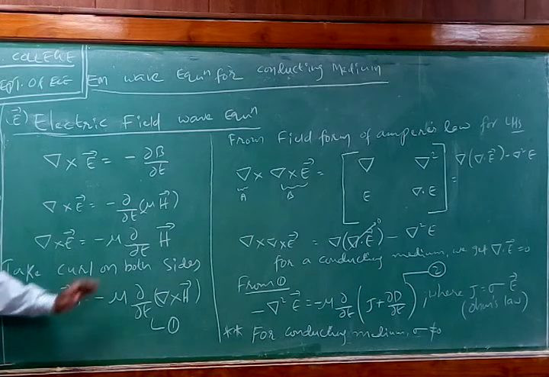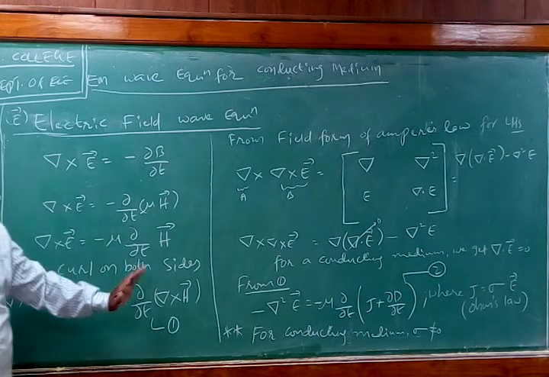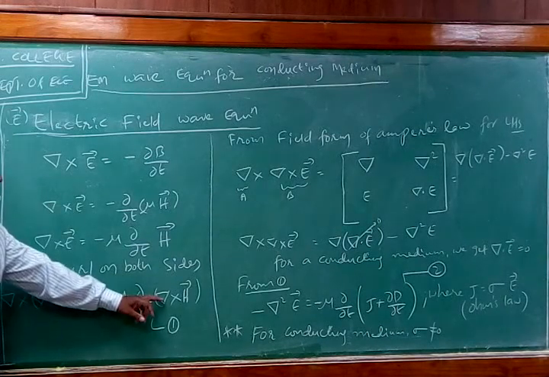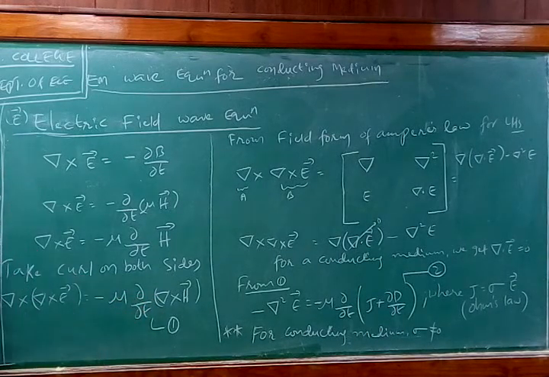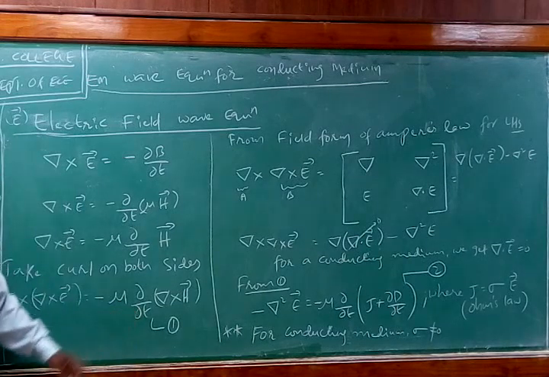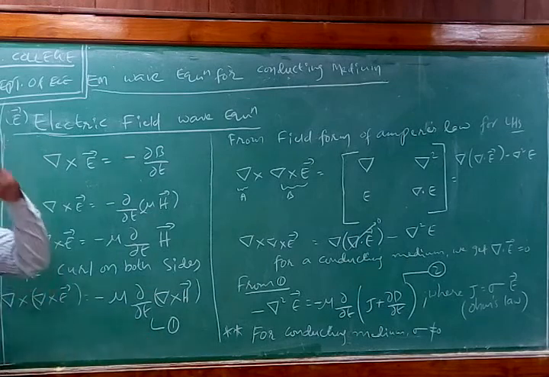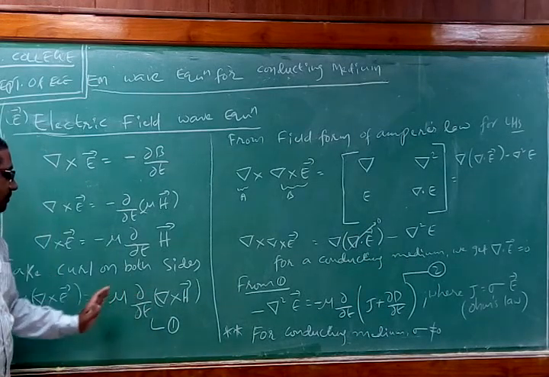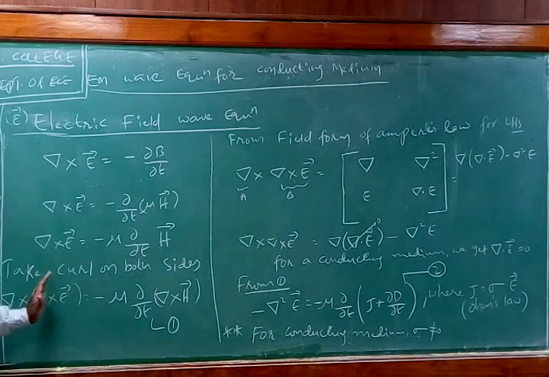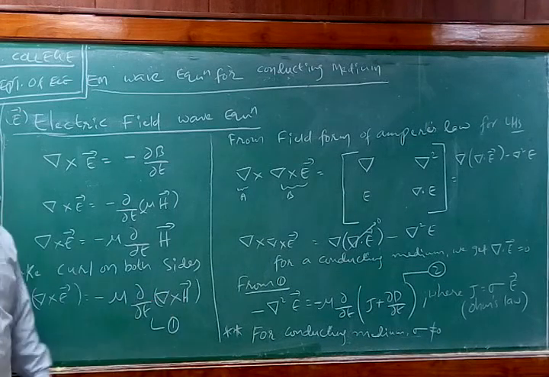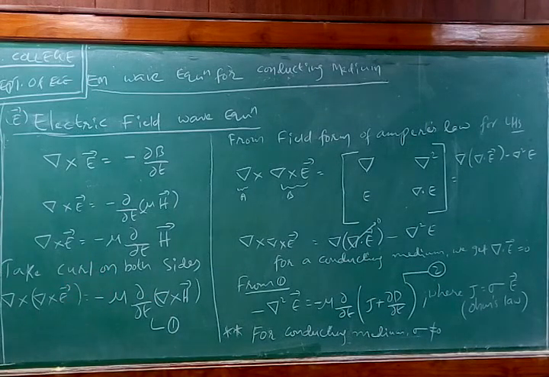So that means I have simply applied a variable separable method. What is the variable separable method? See here, this del is a spatial domain operator, whereas t is in the time domain, and this H component is normally going to be there for the spatial domain. Therefore I have simply transferred this variable by using a variable separable method, and I just applied this del curl operation to the H field. That's how we normally use this particular mathematical property.